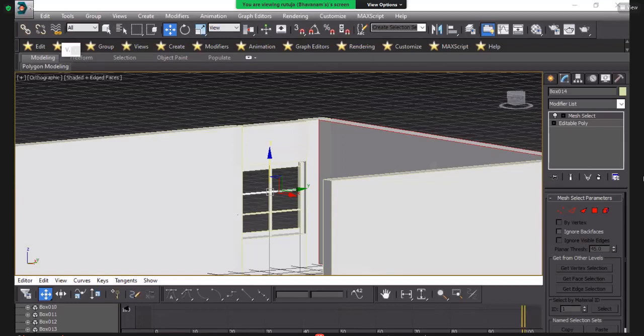This is the window. Are you seeing there? One window, and this wall is reflected on your window. So like that, you will make the window.